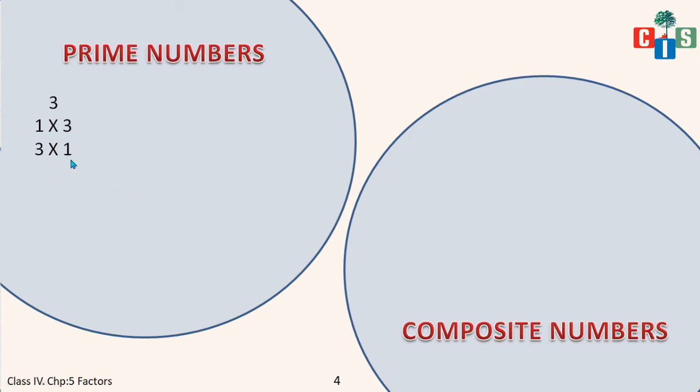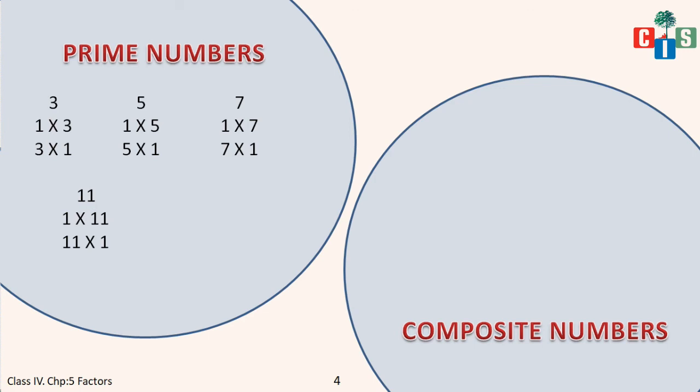Are you getting? Now let's take another example. 5. Can you think of any other example other than these which are written on the slides? 1 multiplied by 5 is 5 and 5 multiplied by 1 is 5. किसी और के टेबल में 5 तो आने नहीं वाला है. Okay, so 5 is a prime number. Then we have another number, 7. No possibilities. 7 also has only two factors, 1 and the number itself. And the other number is 11. 11 is also a prime number because it has only two factors.